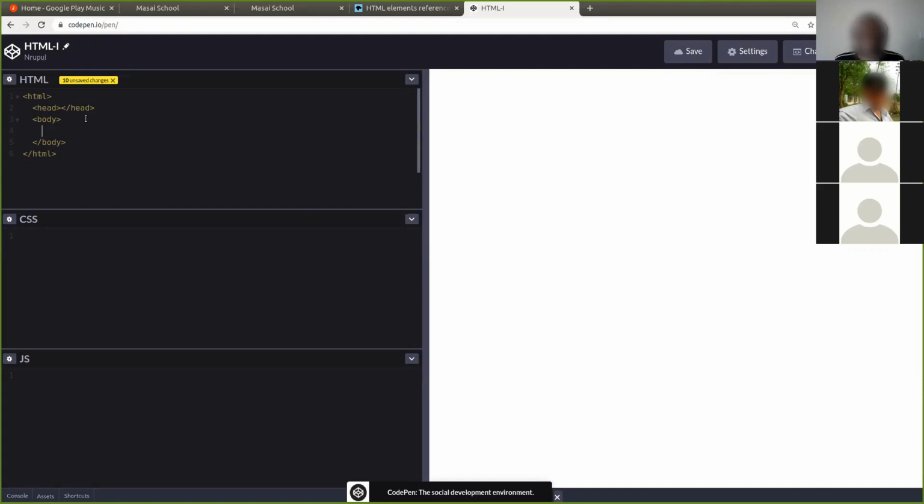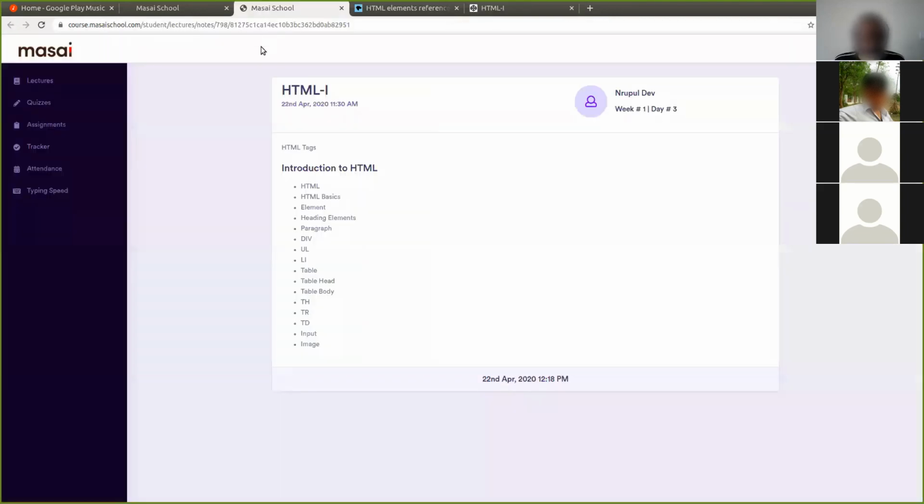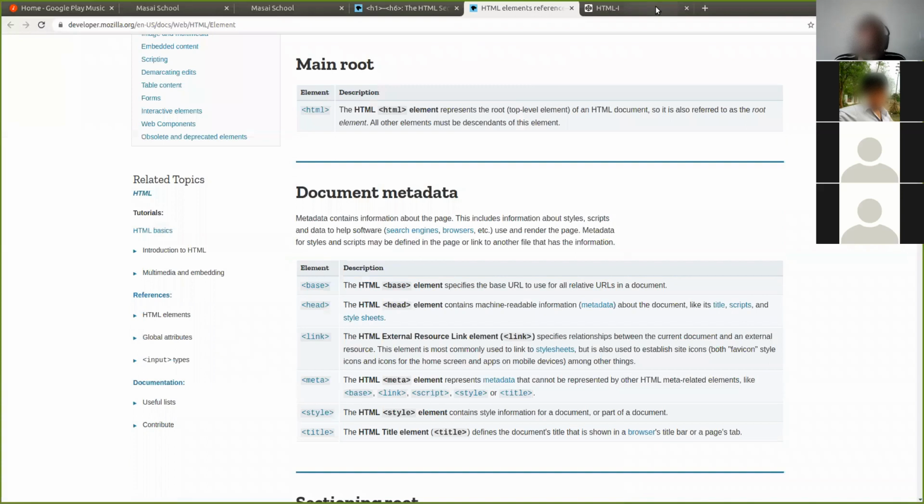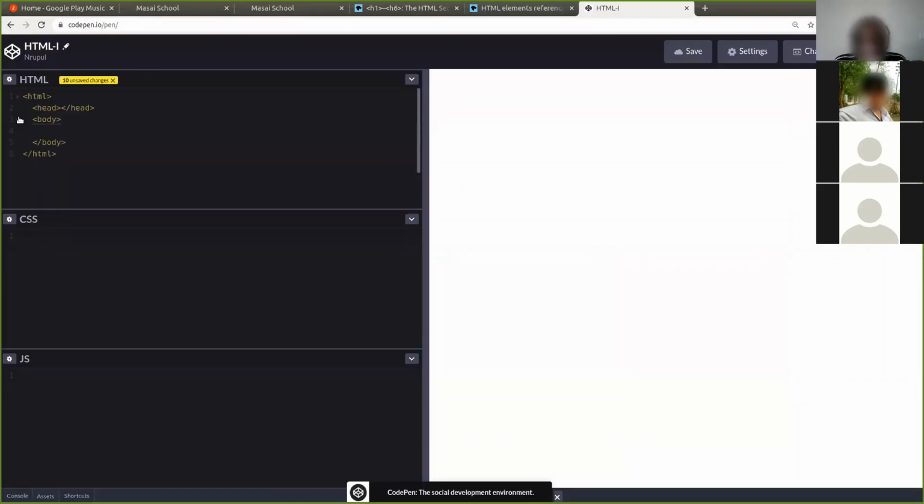Starting with that, we are going to see how to write heading elements. Whenever you want to write very big text or very big headings, there are these tags called heading elements. An element is a block of something. Whatever you create with a tag, the whole block is called an element. So this is a body element. You can close it using what is called code folding.